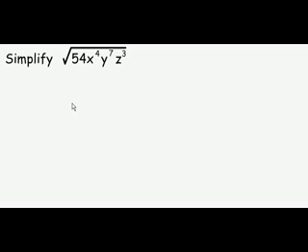In this example, we're going to simplify the square root of 54 x to the 4th y to the 7th z to the 3rd. To do so, under a square root, we have to look for any perfect square factors of the factors underneath. So in this case, let's look at the number first. 54